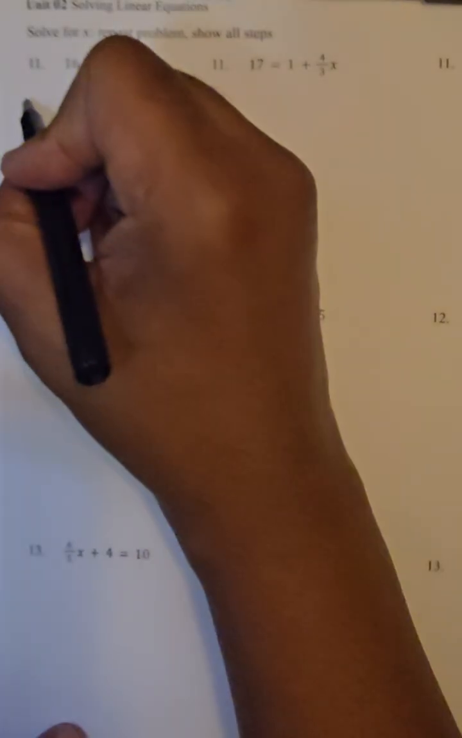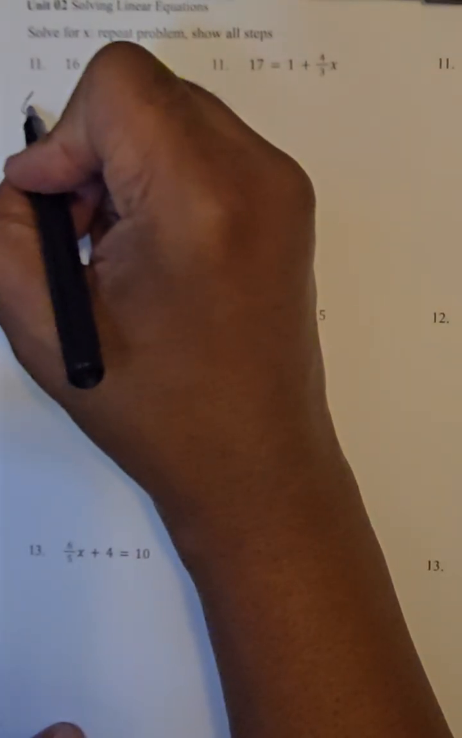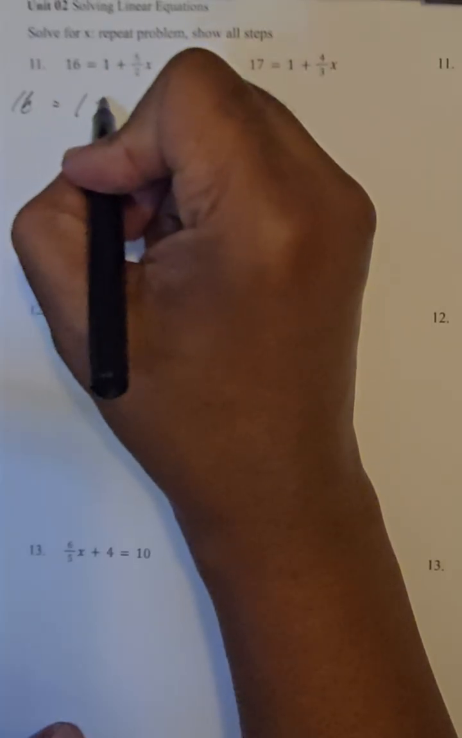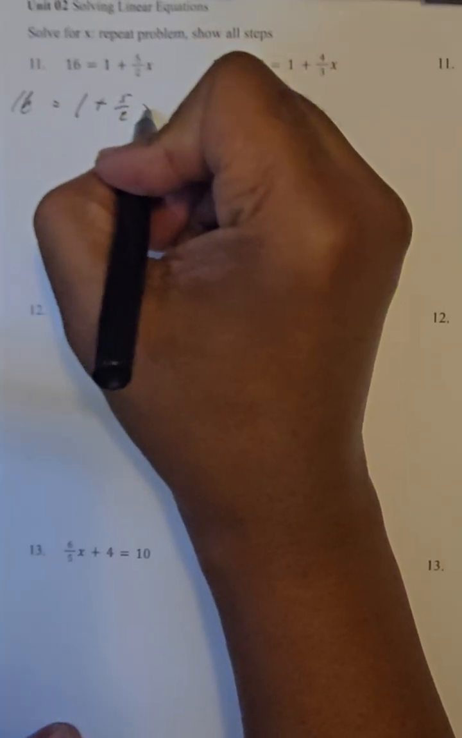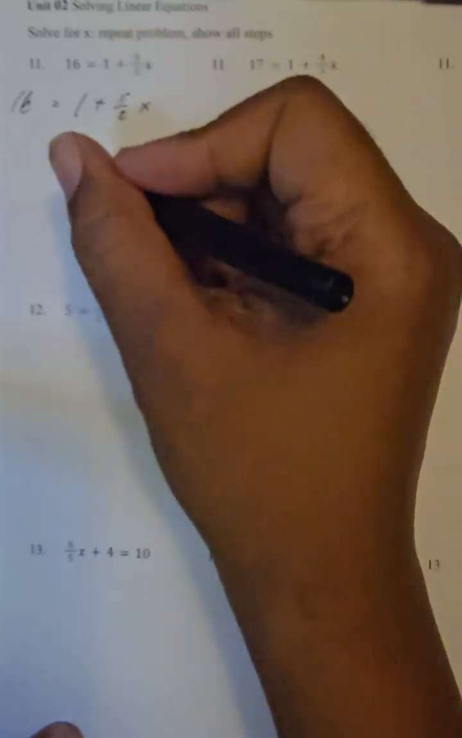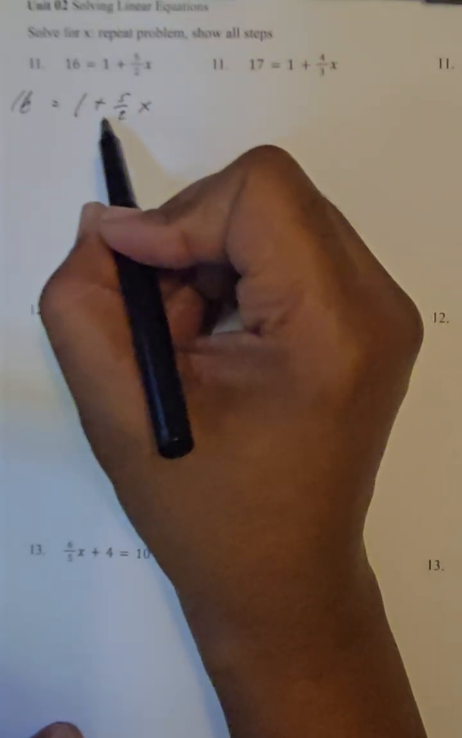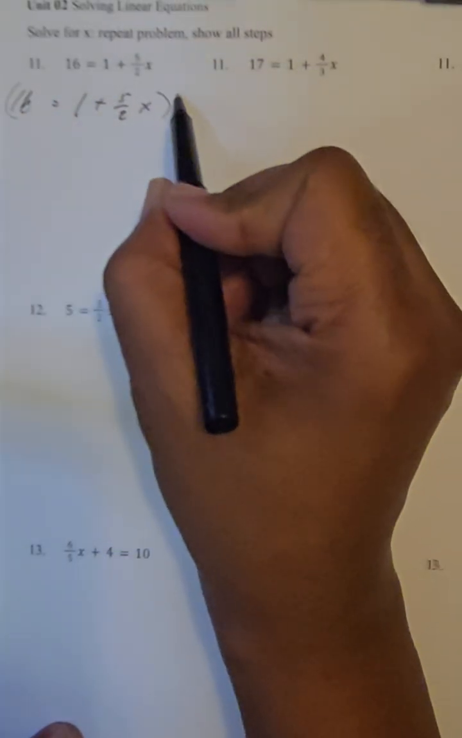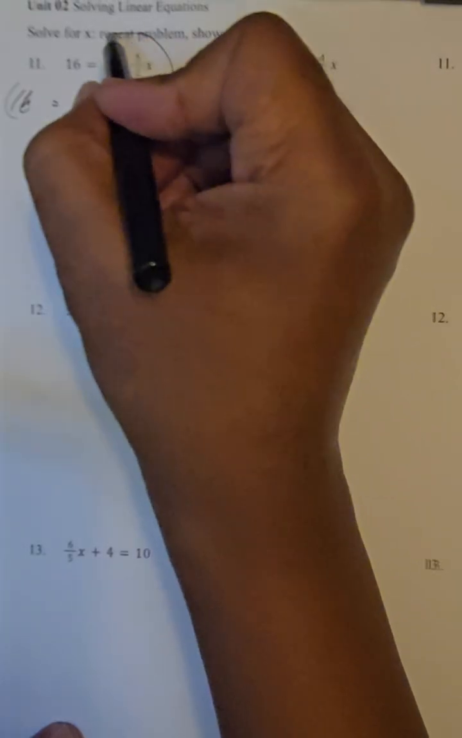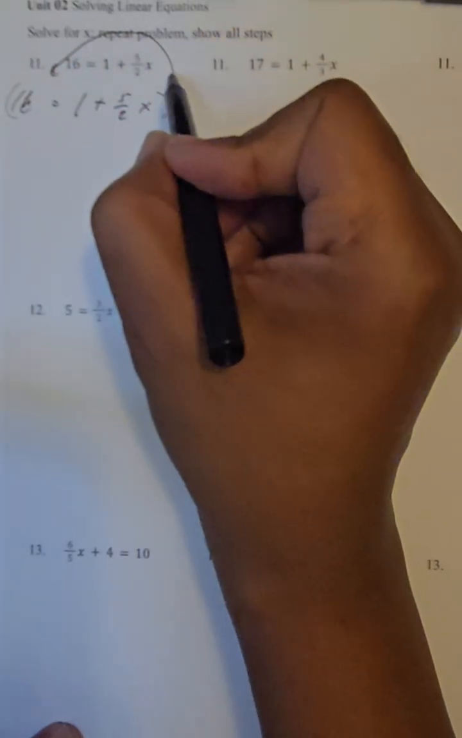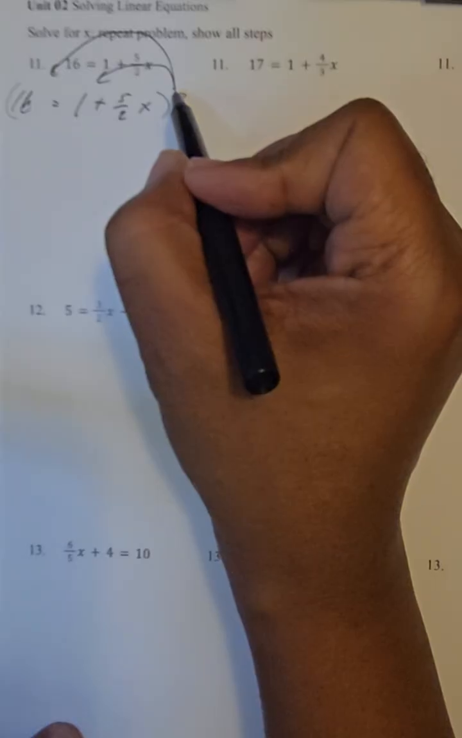Solving linear equations. Okay, we have 16 equals 1 plus 5 halves of a number. Since we have a denominator of 2, we're going to multiply the entire expression by 2. We can use distribution. We'll multiply the 2 by 16, the 2 by 1, and the 2 by the 5